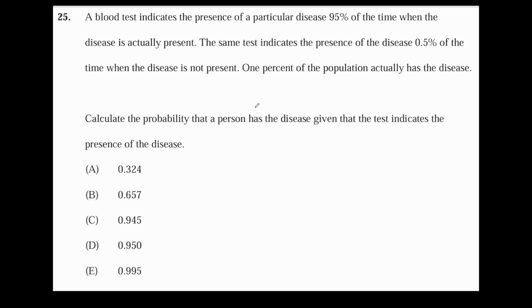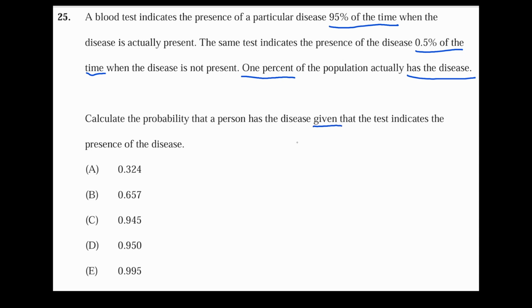A blood test indicates the presence of a particular disease 95% of the time when the disease is actually present. The same test indicates the presence of the disease 0.5% of the time when the disease is not present. 1% of the population actually has the disease. Calculate the probability that a person has the disease given that the test indicates the presence